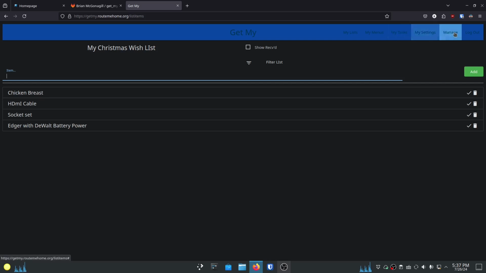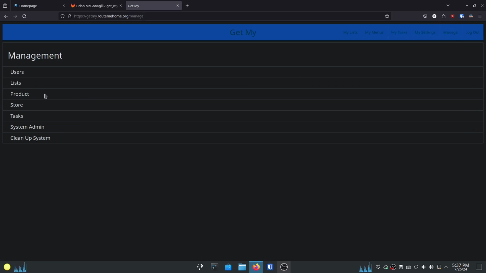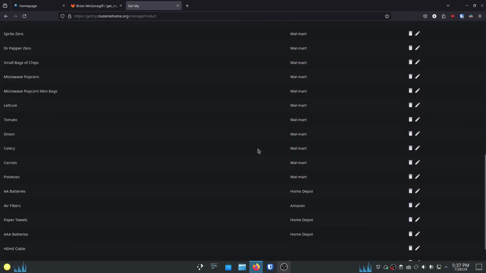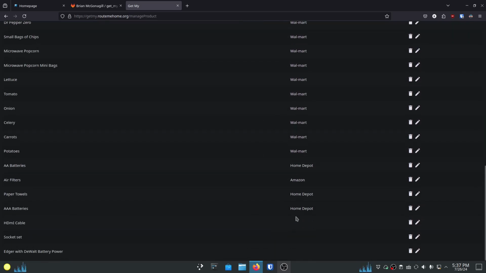So if I go up here to manage again, so you want manage to be able to see this, but when I go to products, you can see I've got all these products that I've added and what store they go to. So I create a list of stores as well, and I'll show you that. But you can see here, these things don't have a store because I didn't create them from this page,